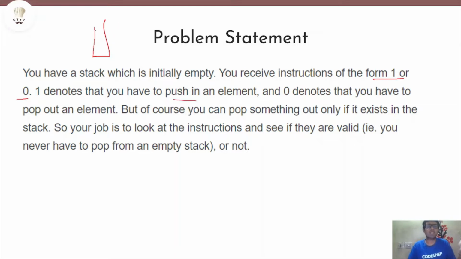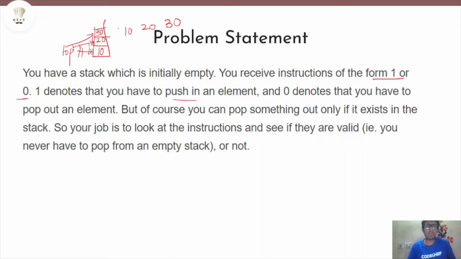Suppose I want to push, let's say, the number 10 into this stack. Pushing basically means that my stack now contains 10 and the top of the stack will be 10. Let's say after this I want to push 20. When I push or pop, everything is done based on this top index. Once I push 20, 20 will be at the top of my stack and my top will point to 20. In case I want to push 30 now, my top will point to 30 and the stack contains 3 elements.